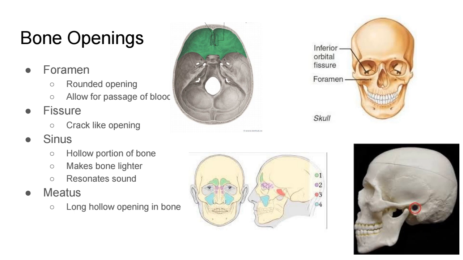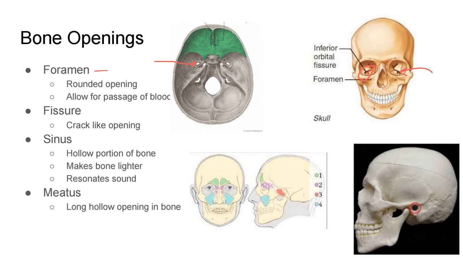As for openings in the bone, we've got a foramen, which is a nice, almost perfectly round little opening. You see right here, there's an example of a foramen. These are going to allow passages for blood vessels and nerves. A fissure is a bigger crack-like opening. You see it over here on the right, these big, large, canyon-type openings. Again, allowing for passageway of blood and nerves, in particular in the back of the eye there, the large optic